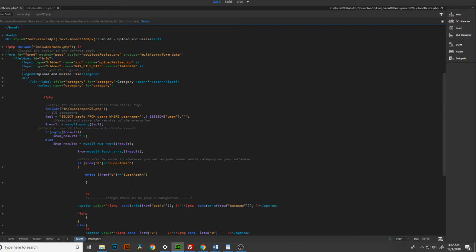This isn't going to work. We need to come in here, and since I added super admin as a role, I can't actually pull cat ID because I'll end up pulling super admin as a category that people could upload images to. So go ahead and come up here and copy this SQL